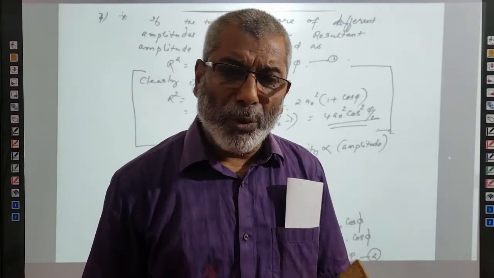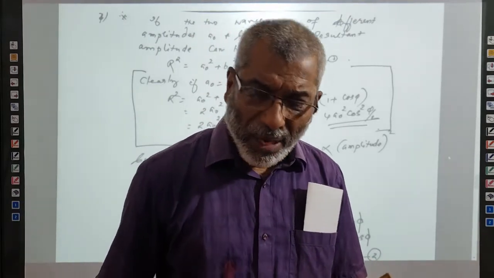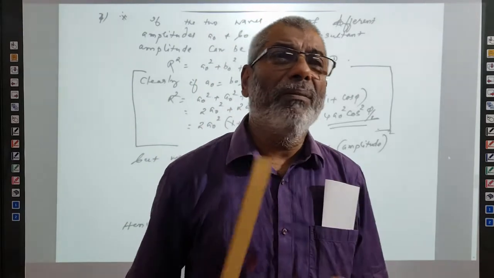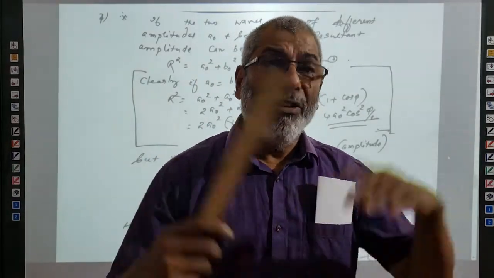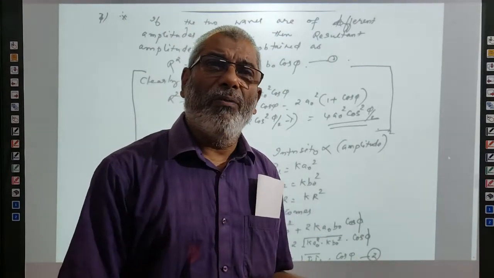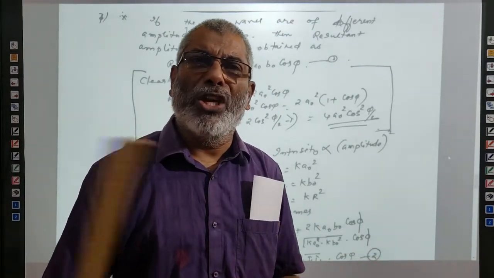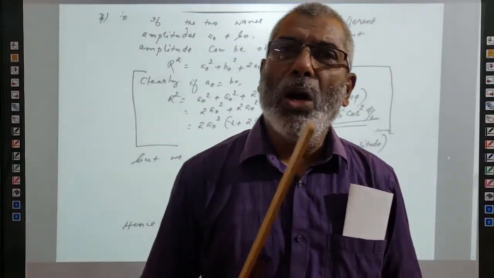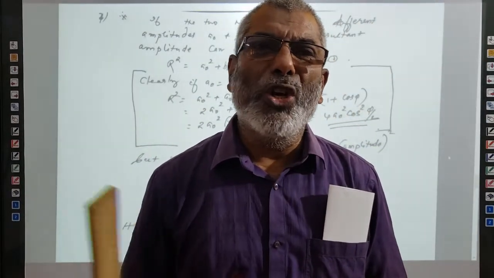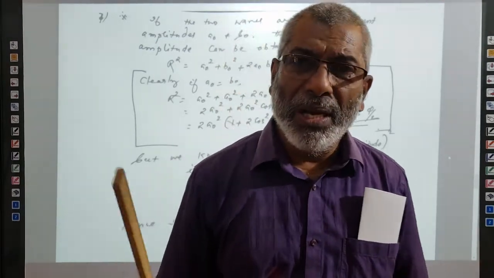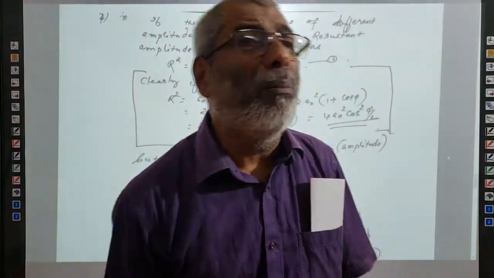Interference of waves from two coherent sources. But here this is a special situation in which the two waves do not have the same amplitude, but different amplitudes. In the last case, the first wave was y1 = a0 sin omega t, and the second wave was y2 = a0 sin(omega t + phi). Both had the same amplitude. If these two waves have different amplitudes